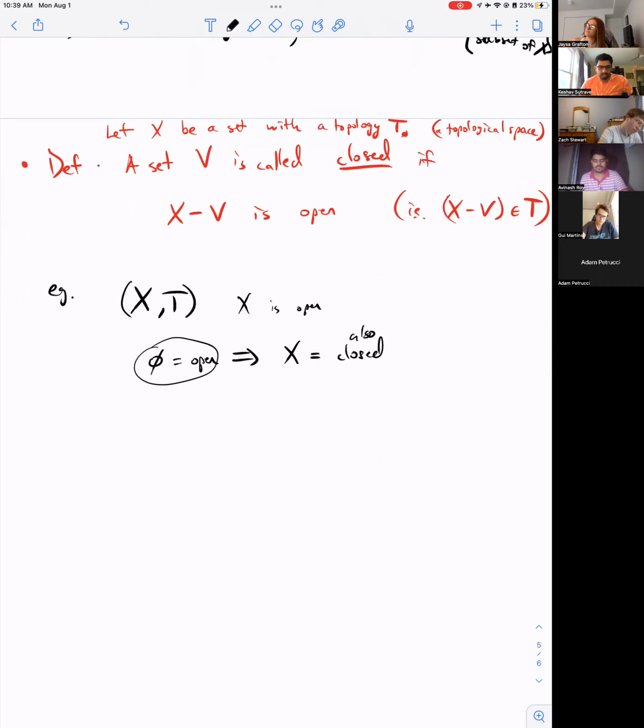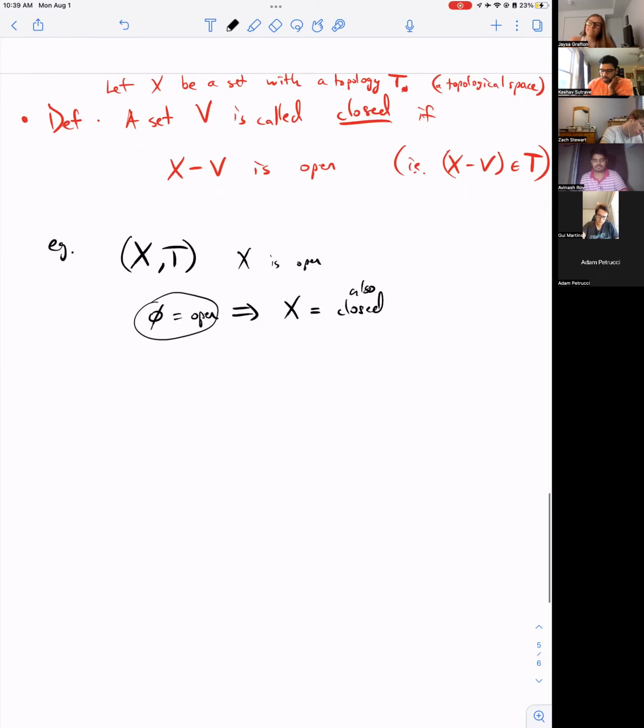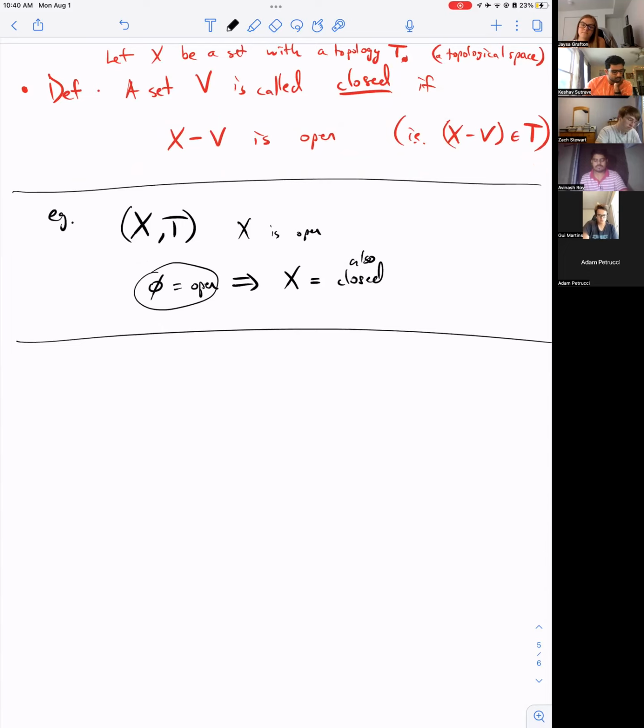What happens is you'll get something called a connected component. It's the full connected component of your set. So if you end up seeing a subset that is both open and closed, it's probably a full connected component. And if there's another open and closed set, that's a different connected component, which we'll see when we get to connectedness. Okay, so open and closed are not mutually exclusive, but